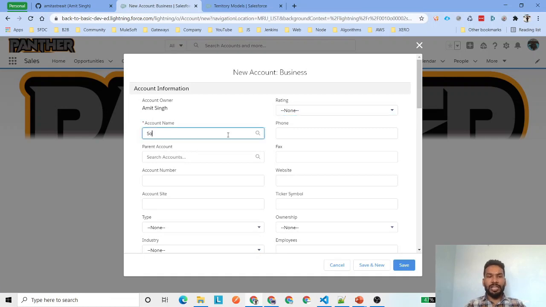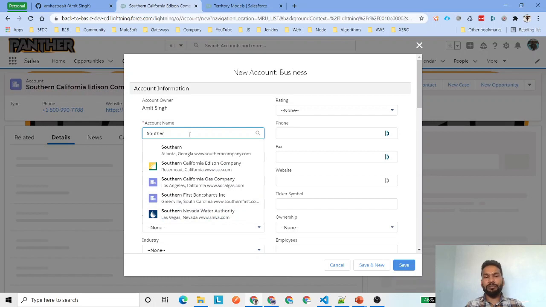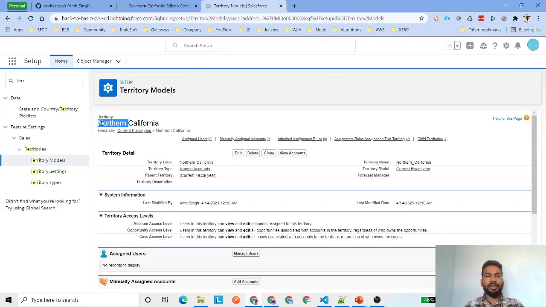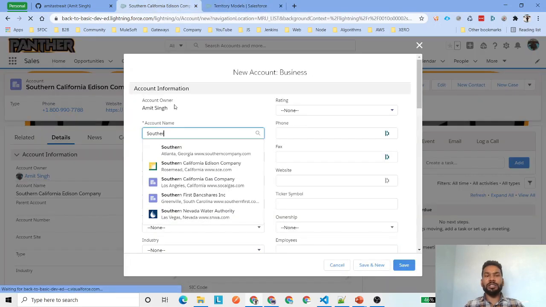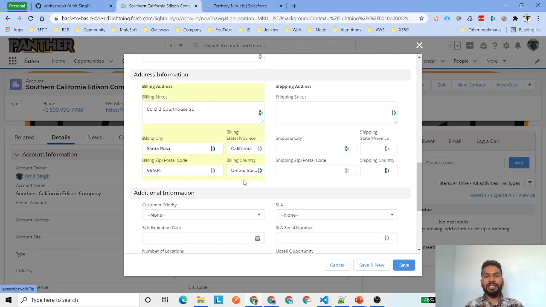And I'm going to type again, which is going to be Southern California. Basically, that is not Southern California because we are working on Northern California. So that is one account. Let that be here. We'll say type Northern here, and say Northern Oil and Gas Incorporation or California Medical Association. Okay, this is what we have got. Again, it is going to be CA, and it is saying 94, and this is greater than 94,000. That is well and good.